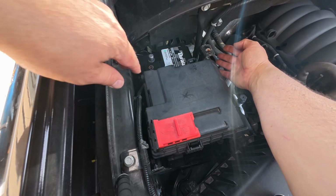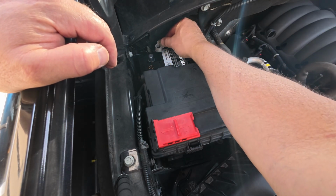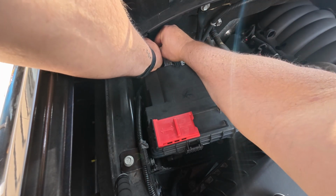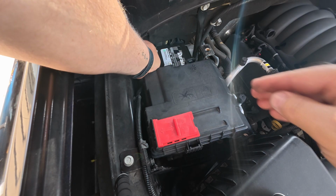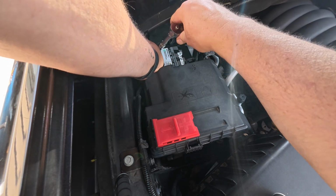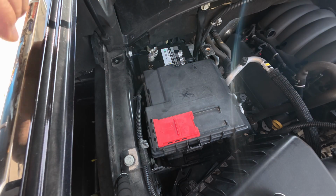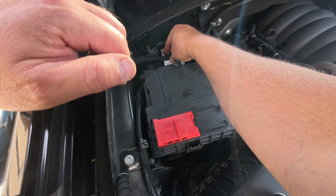We can come back here. Let's put this negative back on. I didn't see a lot of sparks. Oh, I'm hearing noises over there. Sounds like things are showing power again. Let's go ahead and snug that down. Negative's on. All right, let's put our hold down clamp back on, which was laying in the sun